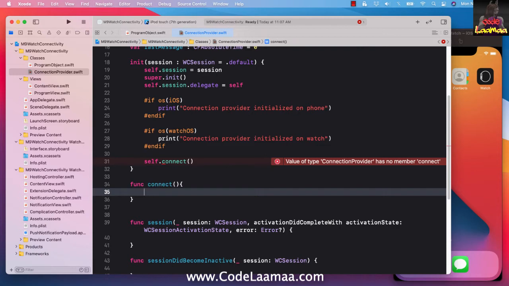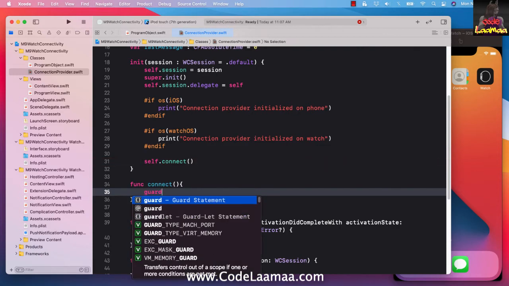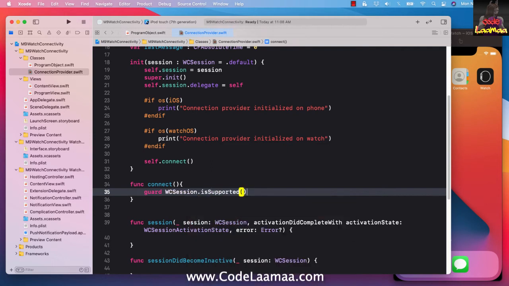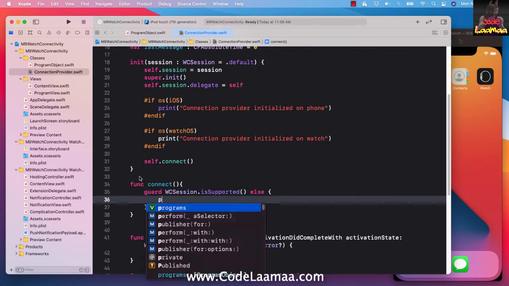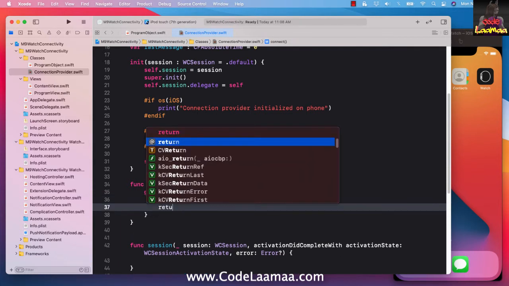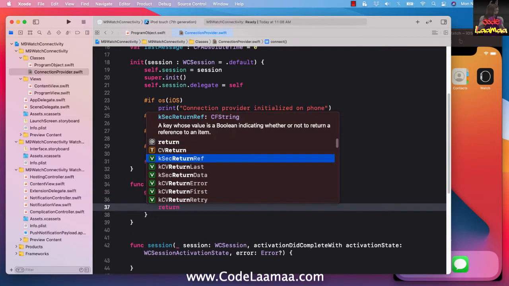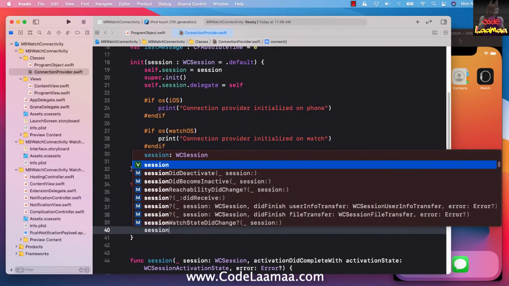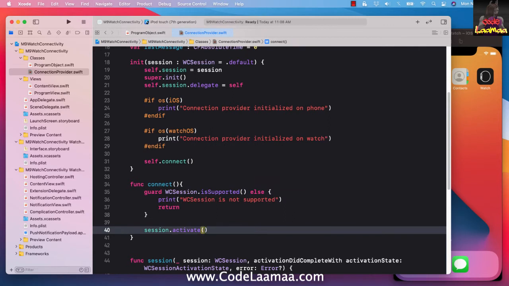And inside of this, we'll do a guard statement to say WCSession.isSupported, else we'll do a simple print statement: WCSession is not supported. We'll do a return. Otherwise, we'll do a session.activate. What's going on here? Well, basically, we are